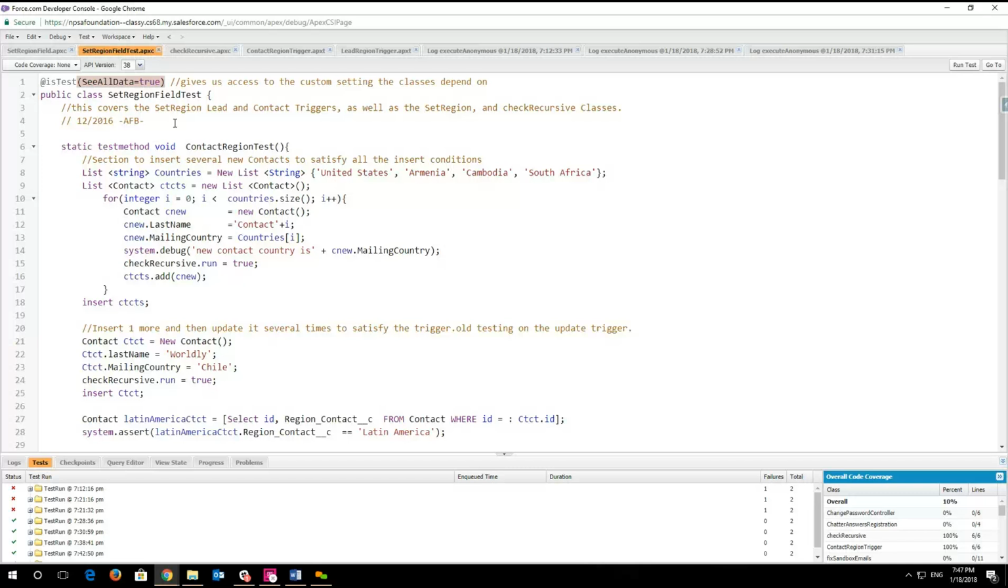Right. So in general, I always urge any developer, do whatever you can to avoid using SeeAllData. It's a shortcut. It makes writing the test class easier, but it comes with a lot of risk in terms of long-term testing reliability. And there are definitely use cases where SeeAllData is almost the only way you can actually do what you need to do,